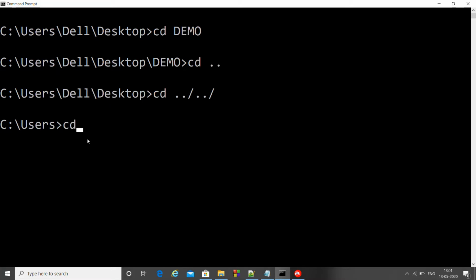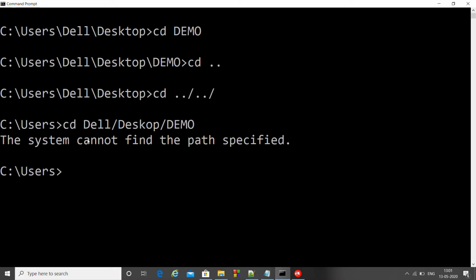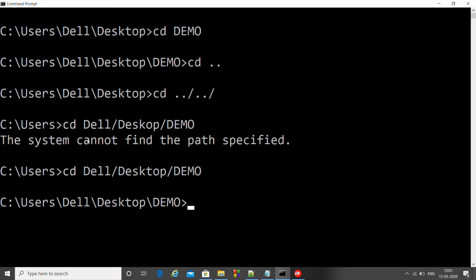Now we'll do this again, cd Dell and demo. Sorry, this was a mistake. Desktop. Yeah. So in this way, the cd command can be used to traverse between the directories.